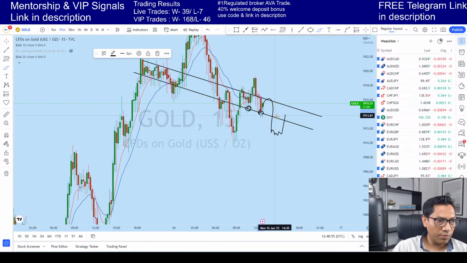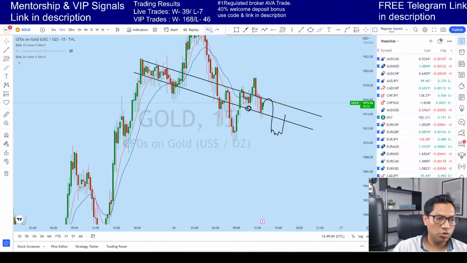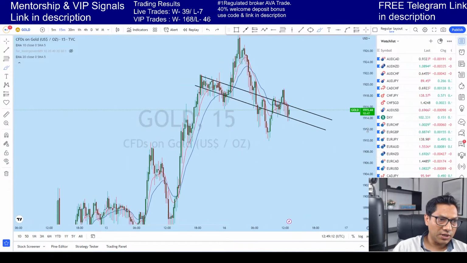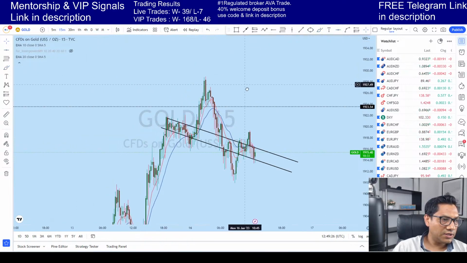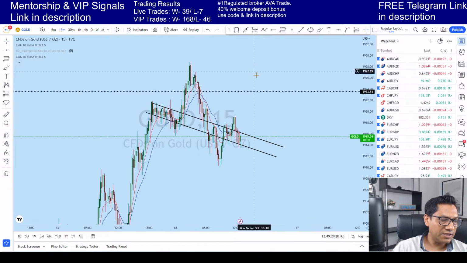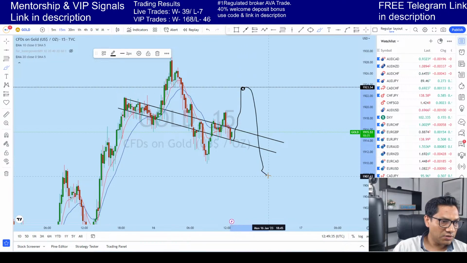All right, if the price breaks out of this head and shoulders on the test of this previous support as resistance, it can be considered for shorting, because we are not currently opening any terminal in 15 minutes, so we will not see. But at the same time, as I mentioned, this is a long-term bull market. There is still a very high probability for gold to go up again to test this neckline on 15 minutes, because this neckline has not been tested. It is possible for the price to go ahead and test this neckline and then reverse.